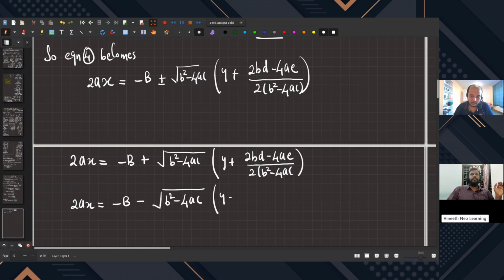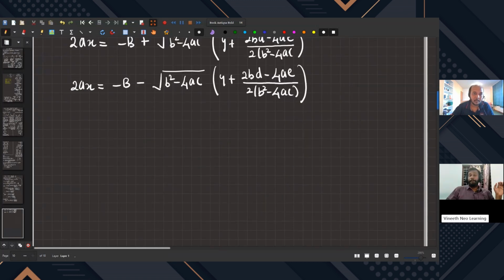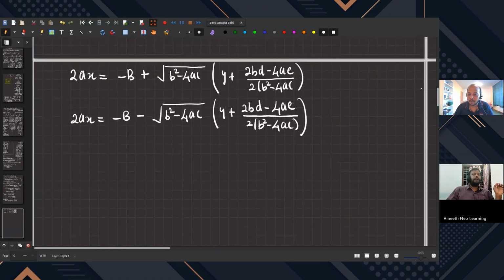times y plus 2bd minus 4ae by 2 times b squared minus 4ac. Okay. So this will be somewhat of an equation of a line. Two equations. We will convert it into the equation of a line. Before that, for that, we have to write